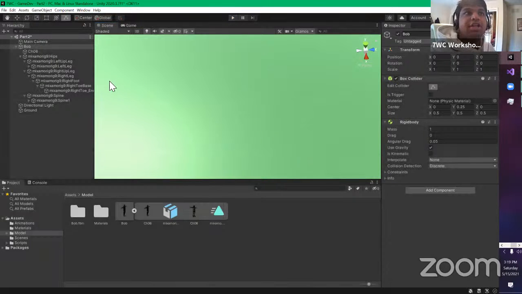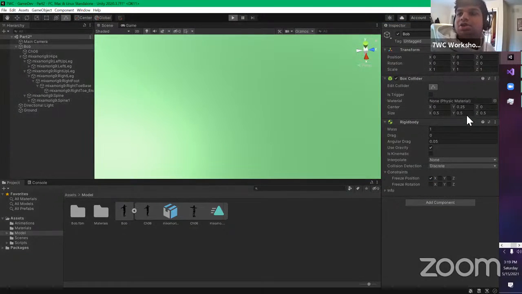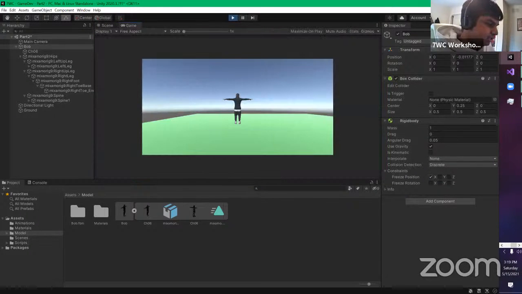One thing I forgot to tell you about the rigid body is that if you open constraints, they have freeze positions X, Y, Z, right? What this does is it freezes the object's transform from moving in the position or in a certain rotation. So basically, if I check this, it won't let me move this. And I'll show you that right now. If I check the freeze position X,